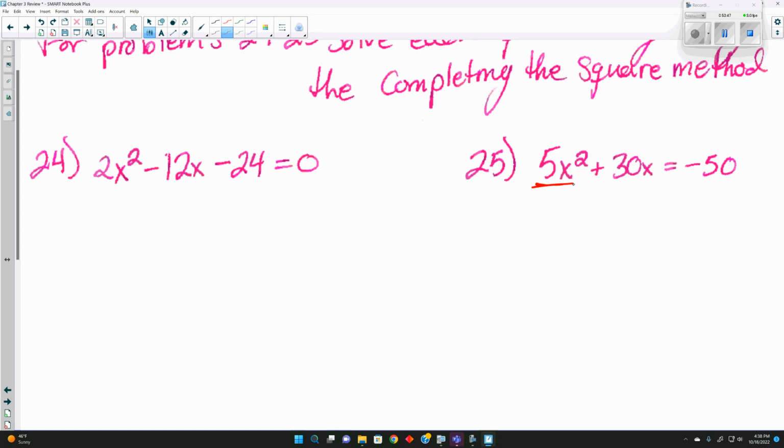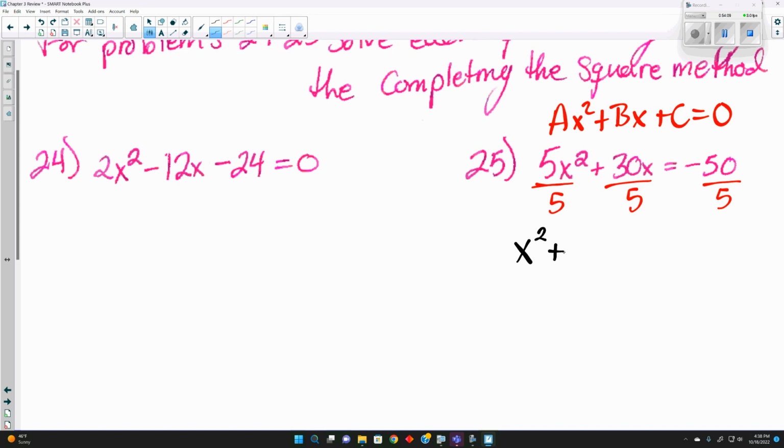But our first main question is A, our term in front of x squared, is it 1? Well, no. So make it so. So we have to divide everything by 5. So 5x squared divided by 5 is going to be x squared. 30x divided by 5 is 6x plus blank is equal to negative 50 divided by 5 is negative 10 plus blank. I'm going to go on and add the blanks because the constant term is already by itself. So step 2 is also finished,